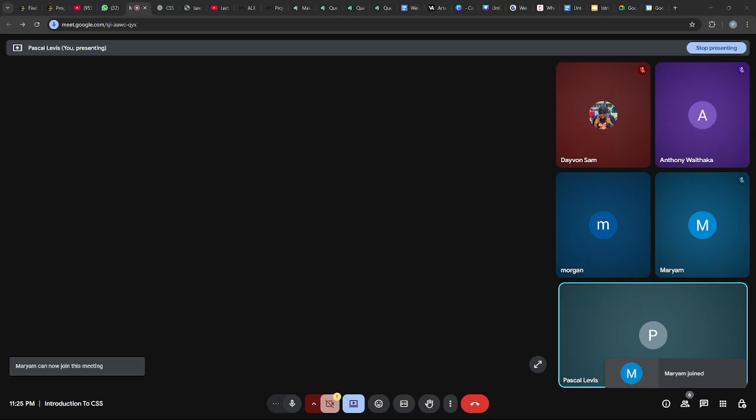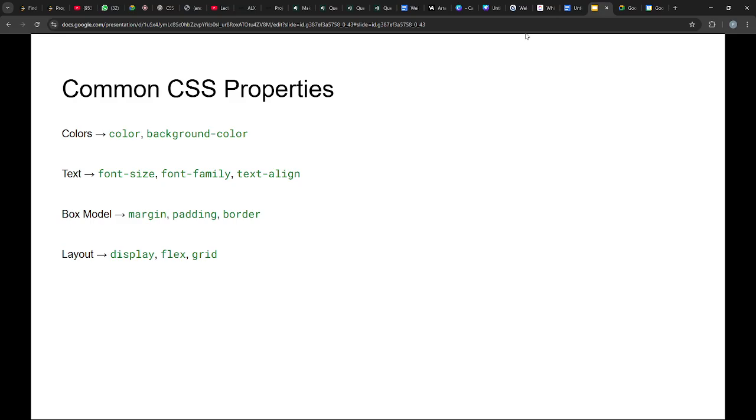We have margin, we have padding, we have border. So for example, if I want to put a border on this div, I want to put a border here so that I know this is a div and this is not. So I come here and say border,